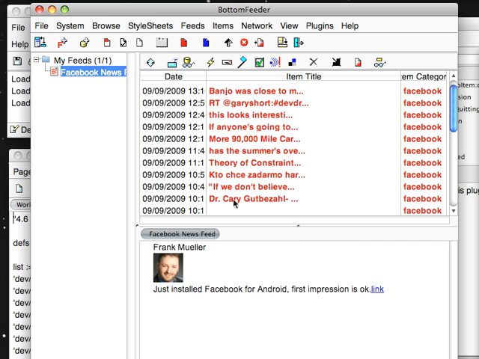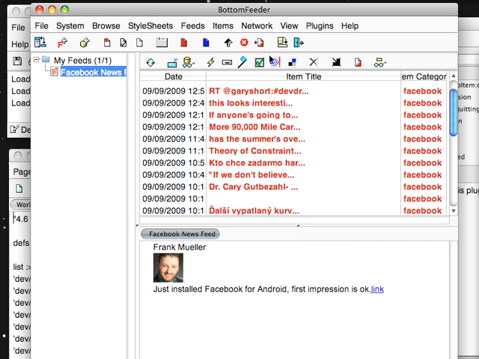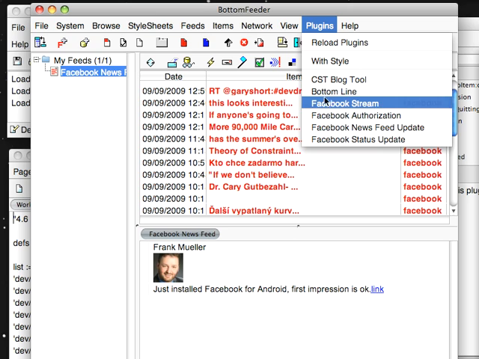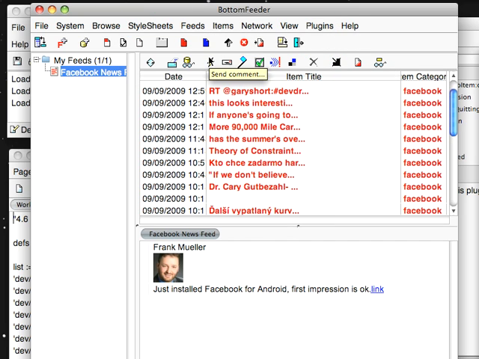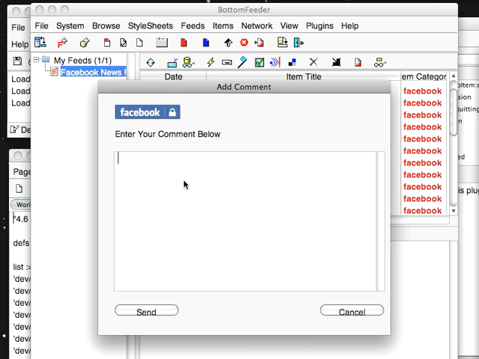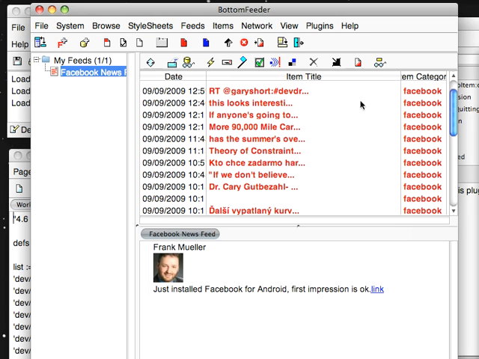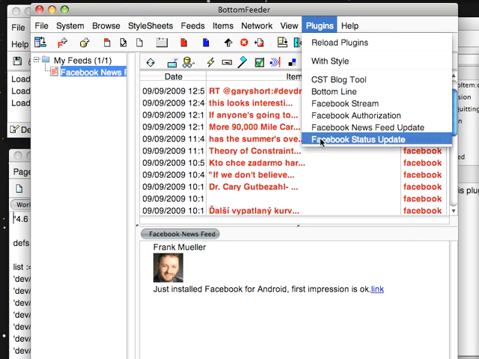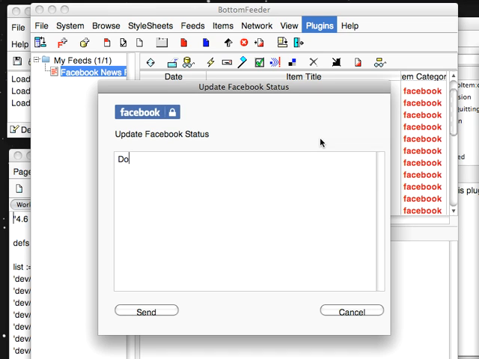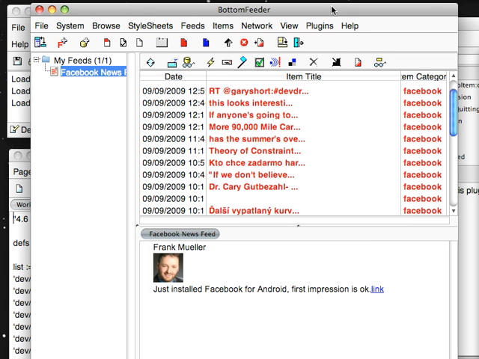Or if I want to, I can select this item, and you notice that under plugins I have a couple of different options. I can go to Facebook Stream, I can go to Facebook News Update, I can go to Facebook Status Update. You'll also notice that I have the comment tool enabled for this, so for Facebook feeds I can directly comment on an item and that'll work. But if I want to just go to my Facebook Stream, I can go to Plugins, Facebook Status Update. Let's say doing the daily screencast, and we'll hit send on that,